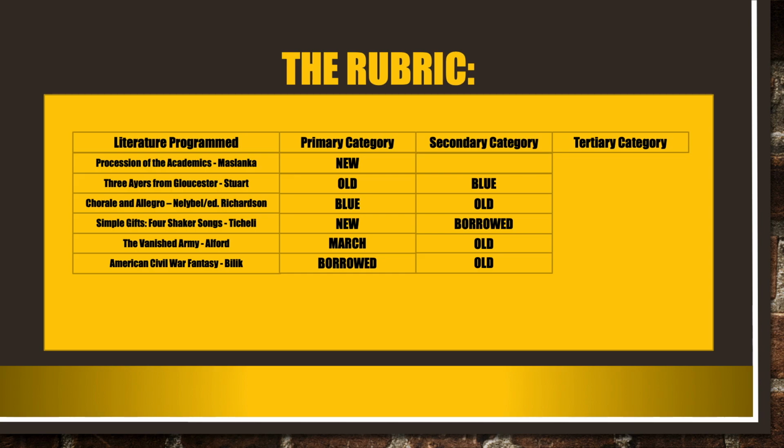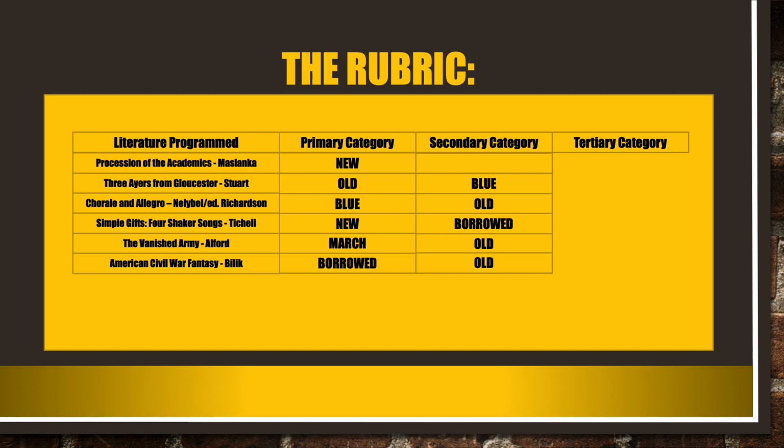3 Airs from Gloucester. You can see here the secondary category is blue. If you're familiar with this piece, the center movement is a very slow, very emotionally written movement. And I felt that lended itself to the blue category, that it gave that tinge of blue to the concert. Chorale and Allegro by Vaclav Nelibel, old. Easily seen there because Nelibel is a deceased composer, and the work was written at least 3 decades ago. Chorale and Allegro was actually a work that was found in the bottom of a box in the Nelibel archives in New York, and a good friend of mine, Kevin Richardson, edited it and